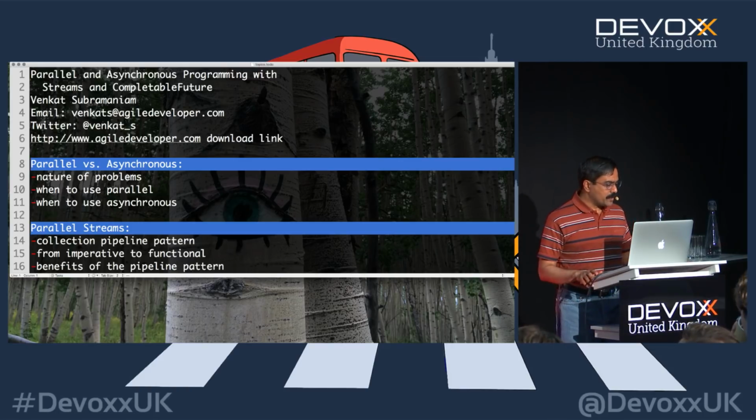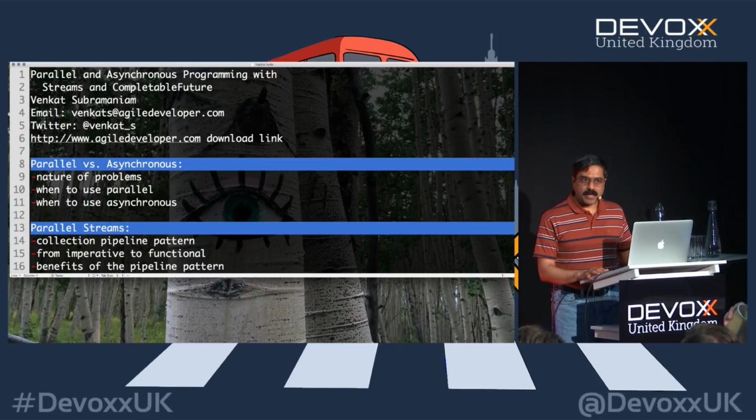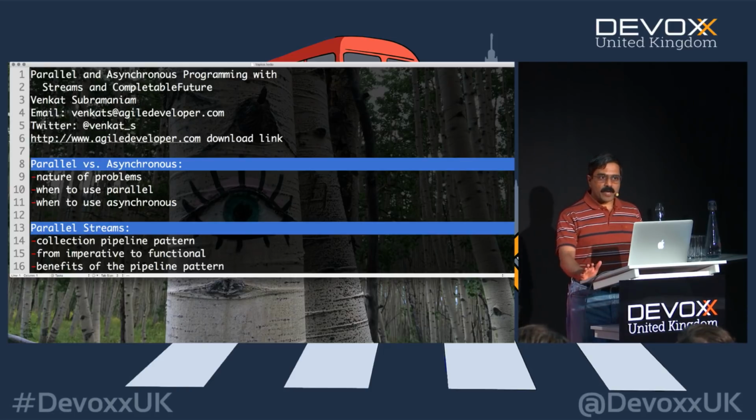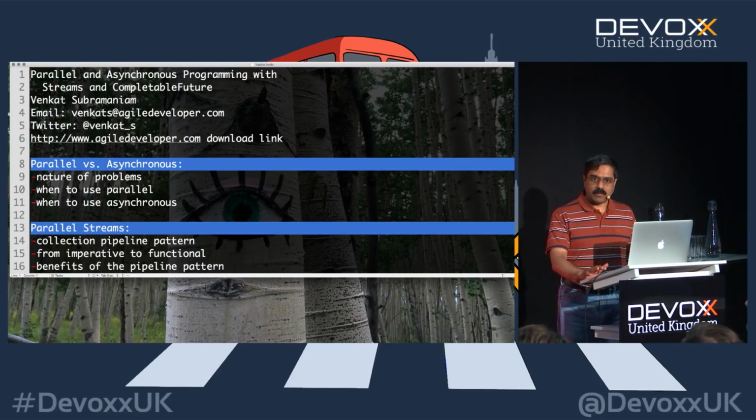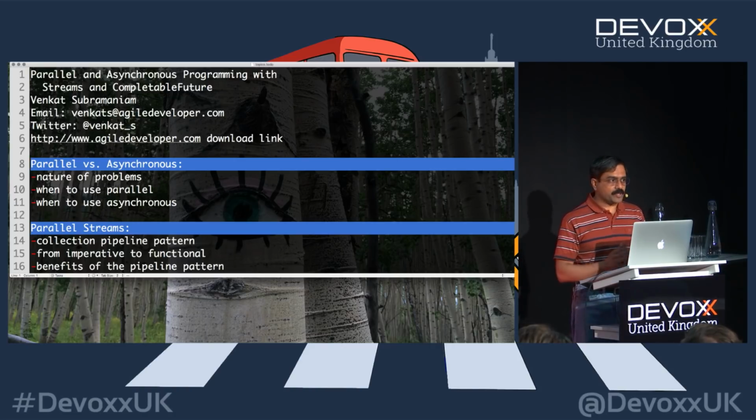Let's talk a little bit about what we're going to do here. We're going to divide this into about two 90-minute sessions. In the first part, I'll talk about parallel streams, and we'll look at several examples. In the second part, we'll talk about completable futures, and between those two parts, we'll take about a 90-minute break. We've got a lot of stuff I want to look at in terms of parallel streams and also in terms of completable futures.